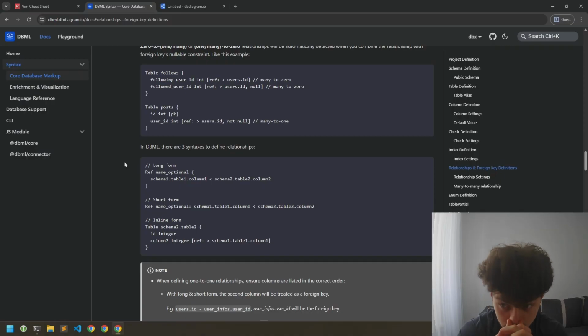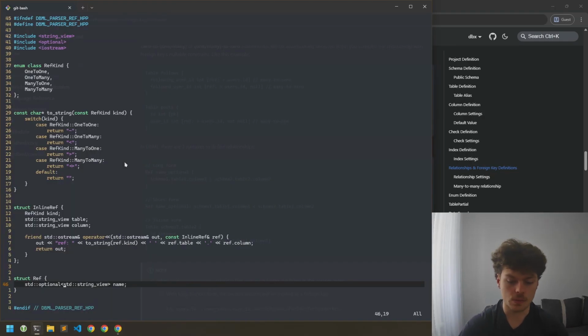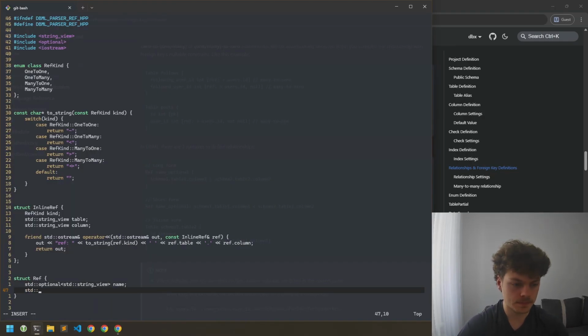It would be then tedious to first of all construct this, because we would parse them for sure into two vectors of column names, because first columns of one table are all specified, then columns of the second table are specified. So instead, what we would do, we would say string view